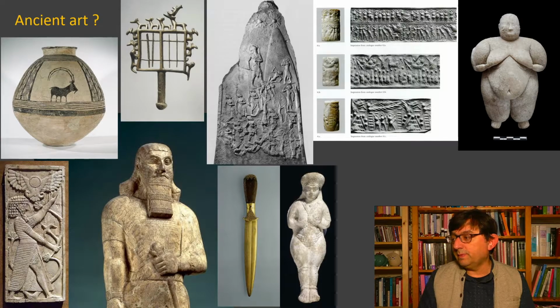We have furniture pieces and carved ivory pieces on the bottom left, a pot with a figural decoration on the top left, a dagger from the royal tombs of Ur that was really prepared in gold, made with really expensive materials brought in from other regions but made for a particular burial ritual, or figurines that I'm going to talk a little bit about,